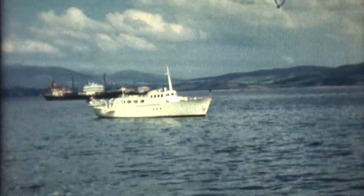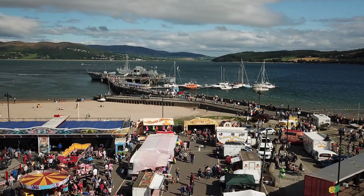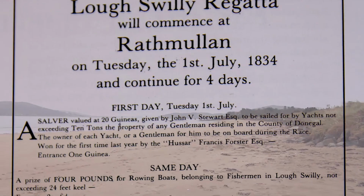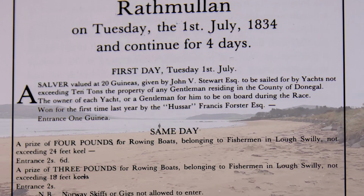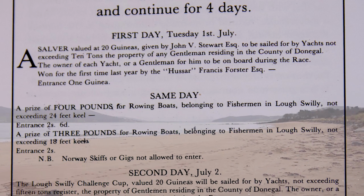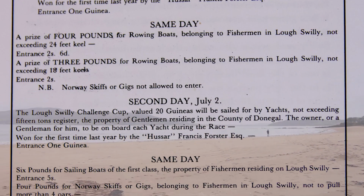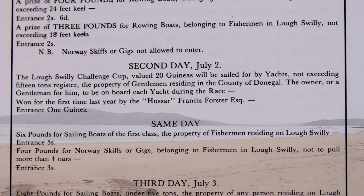The first regatta was held in 1833 and has continued since. It was initially a 4-day regatta. The main events then included races for yachts of different weights and for rowing boats and sailing boats of different lengths. Other events included races for Norway skiffs, the Trondheims, which originated from Trondheim, or boats belonging to fishermen residing